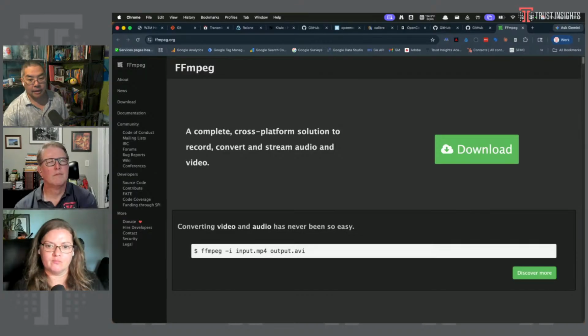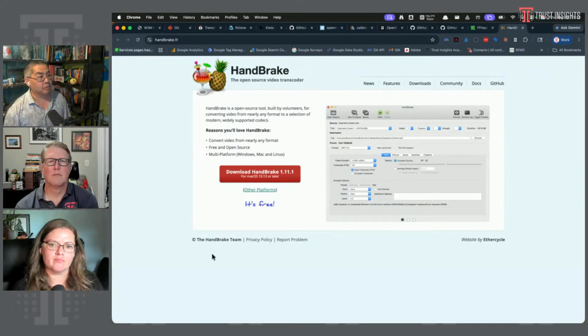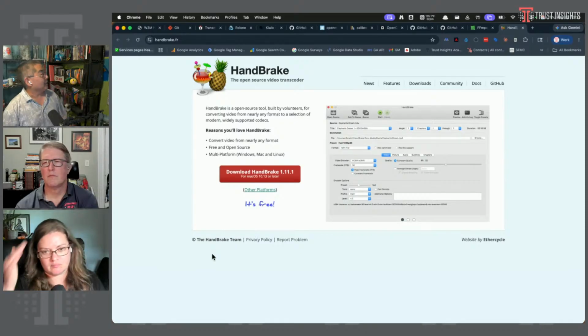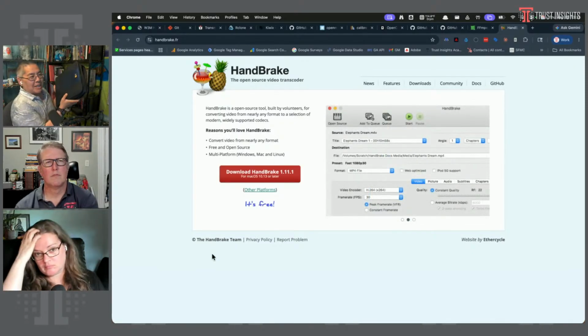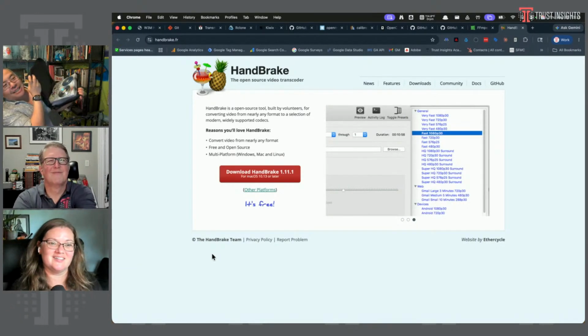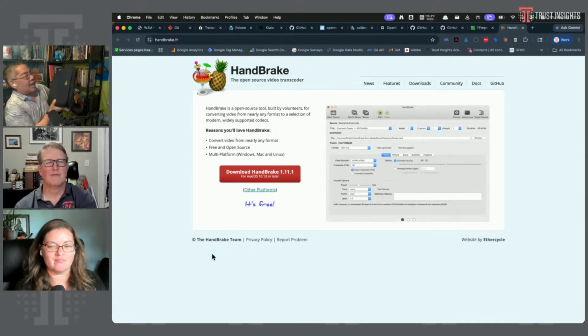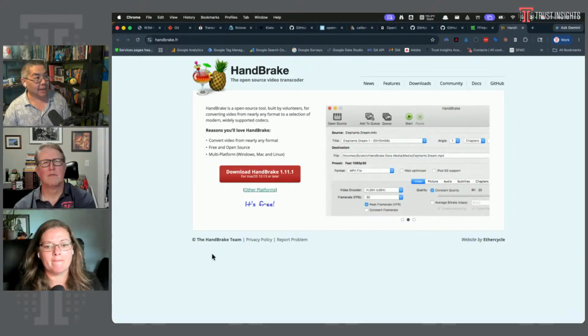Okay. If you have DVDs and other media, Handbrake will do exactly that. I literally did this not too long ago. For those of you who are 90s and 2000s kids, you know what this is. This is that binder of CDs and DVDs. Handbrake will convert them all into the digital format of your choosing, which again makes it a lot easier to archive, so you don't have like 80 of these laying around.